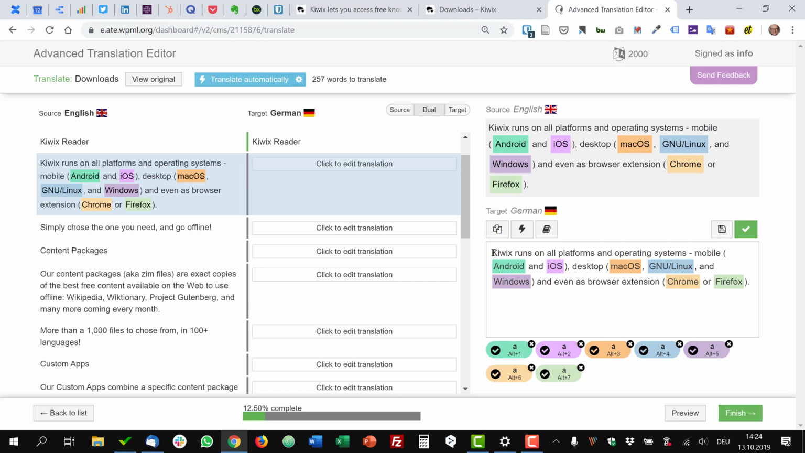So I have to translate "Kiwix runs on all platforms and operating systems", which is "Kiwix läuft auf allen Plattformen und Betriebssystemen", and so on and so forth. And I just want to show you how to work with these links. Well, unfortunately, you don't have to translate these because Android is Android, iOS is iOS, macOS is macOS, and so